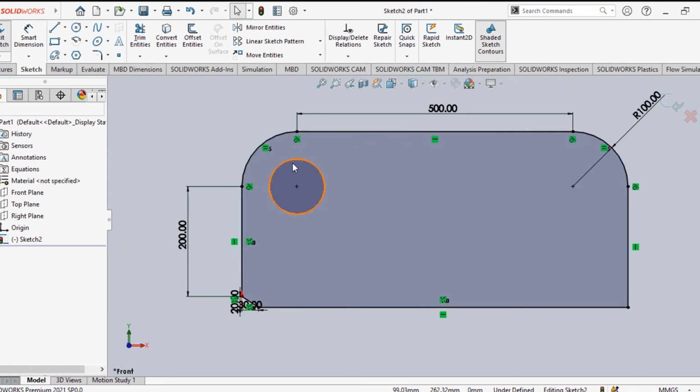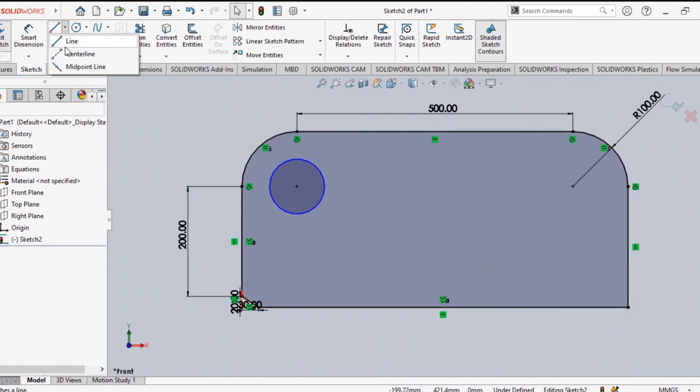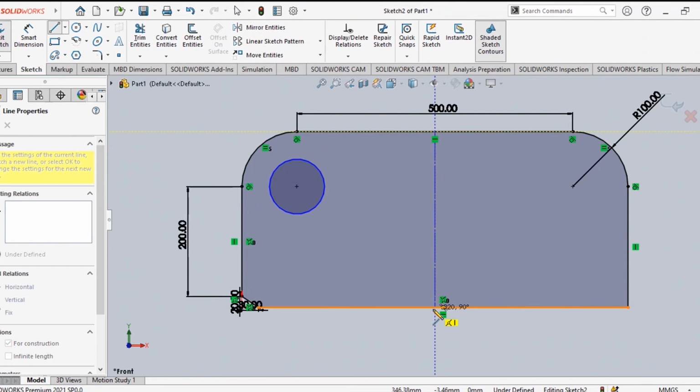What I want to do is draw the same circle on the right hand side. That can be done using a mirror command. For mirror, I told you at the beginning, if you want to make some kind of mirror object, that means a symmetric object is required. Symmetric means both sides will be the same. In that case, you have to draw one center line, and that center line will work as a mirror, right? So we have to start with the center line, starting from here. Center line. Now click here, midpoint. This is the center line, right?